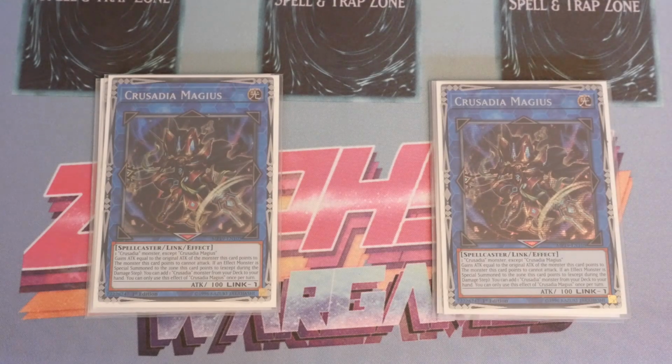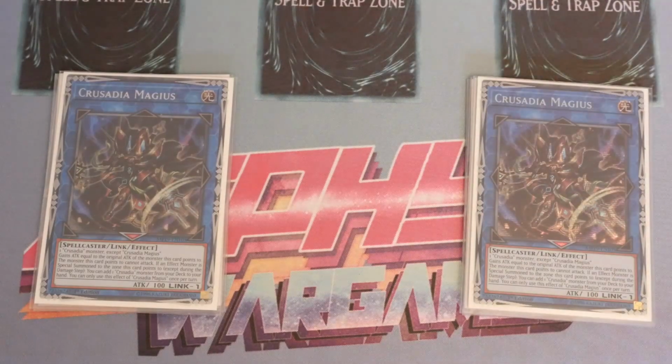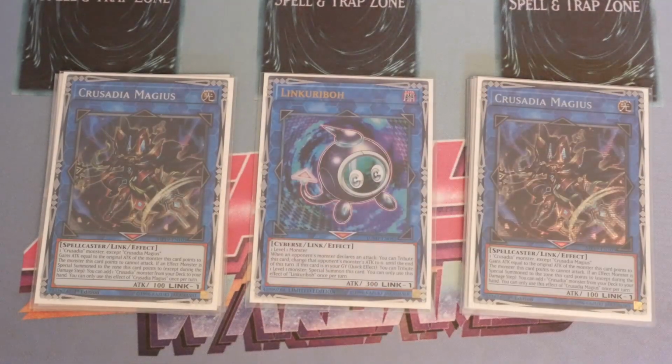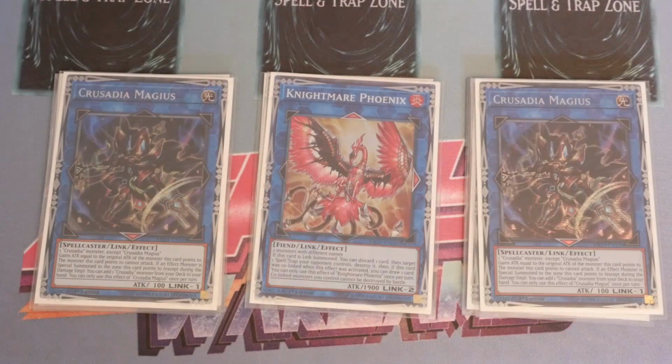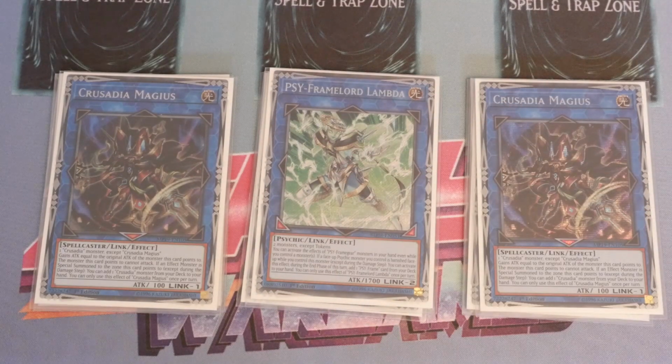Still really, really good card. Playing three is not the end of the world. It comes down to personal preference. 2 just worked out perfectly for me. 1 Link Kuriboh, used it once. Nightmare Phoenix, never used it. Lambda, never used it. The reason I've chosen this above stuff like Beat Cop and Amphalinkus is because it's a